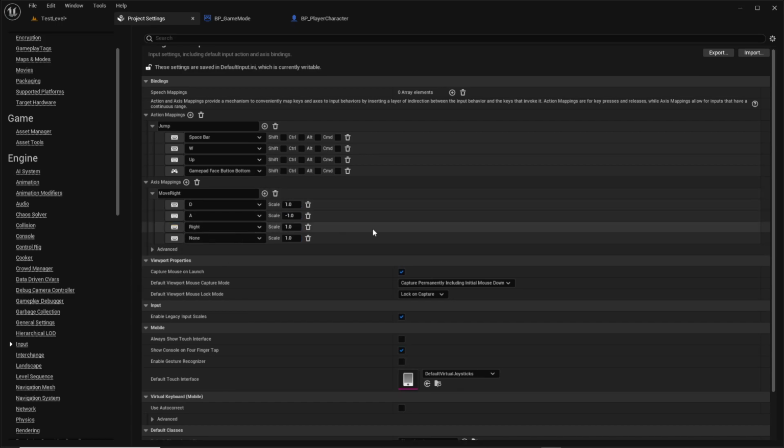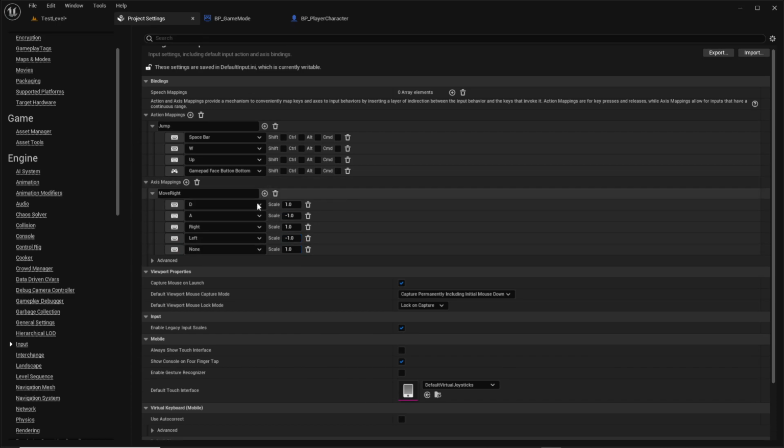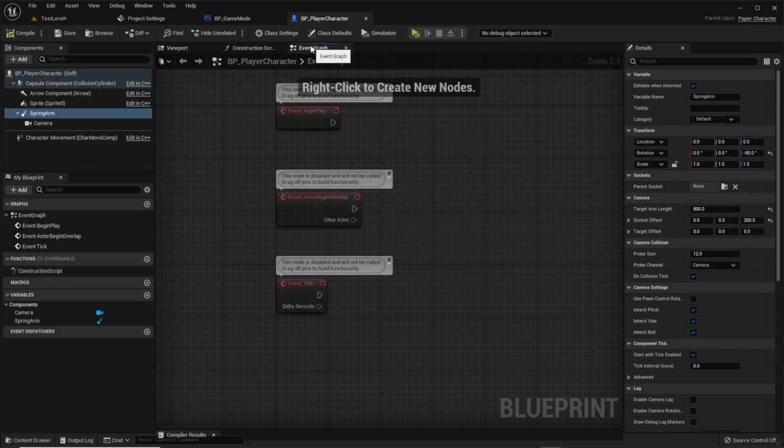Again, we can set up more keys, so I'll just add a couple more. This time the right key is going to go to a scale of 1, and the left key is going to go to a scale of -1, and then I can add the thumbstick if I like. So I'll just move the thumbstick on the x-axis, and it's added in the x-axis. You don't need a left and right for the thumbstick, because pushing it to the right takes it to 1, pushing it all the way to the left takes it to -1, so we don't need a left and right for that one. Alright, we're all set up there, so let's go back to our player character, into the event